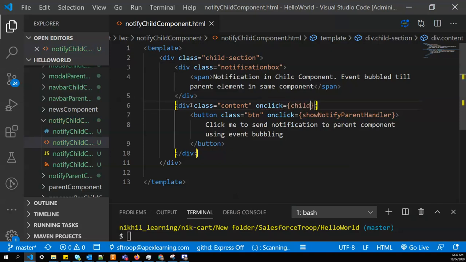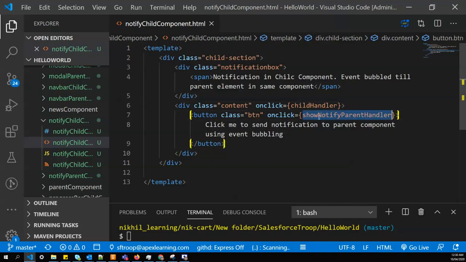If the child element triggers one event, it will call the parent event and then navigate till the root. So what we are doing here is we have created two event handlers, and if I click the button, it will call this handler as well within the same component. Let's create the methods.